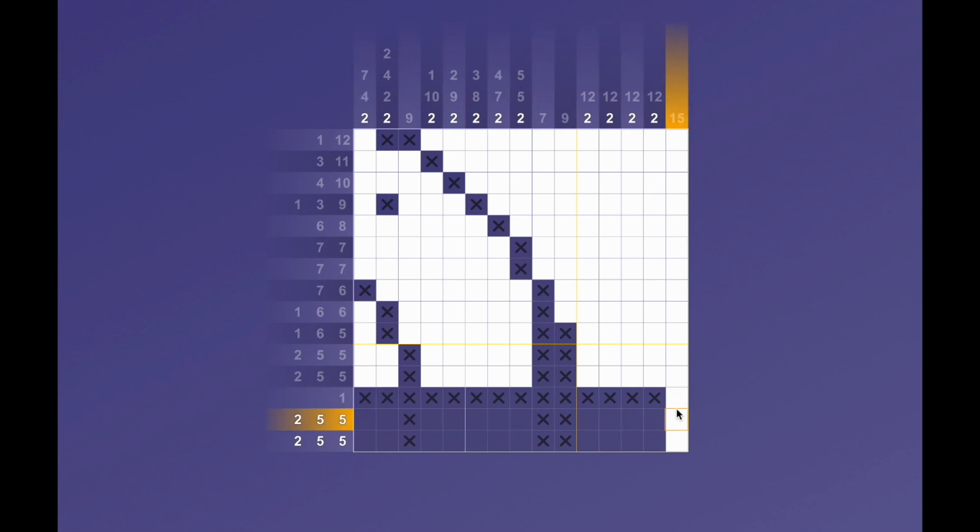This row ends in 5. 1, 2, 3, 4, 5. It then has another 5 and 2, which is exactly how much space I have. So 1, 2, 3, 4, 5, and then 1, 2,